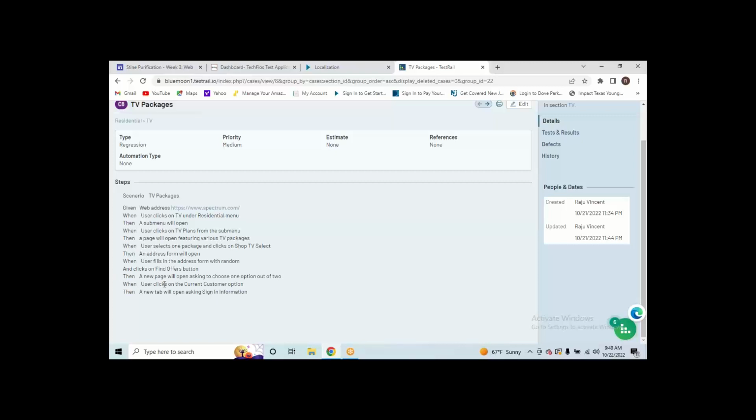There will be two options, new customer or current customer. When the user clicks on the current customer option, then a new tab will open asking for sign-in information. Actually, up to that point I worked. I didn't go beyond that. I didn't sign in. This is one case, and another case is